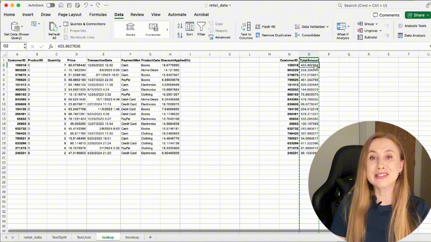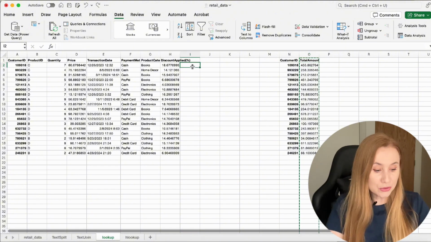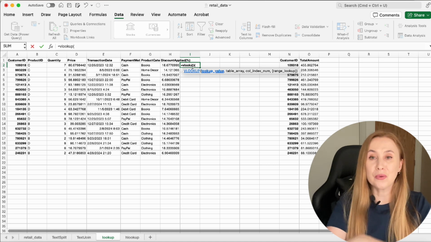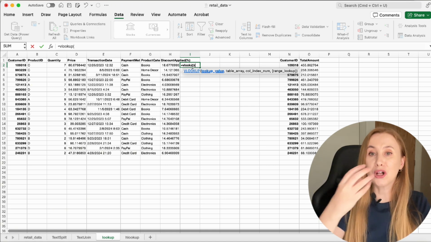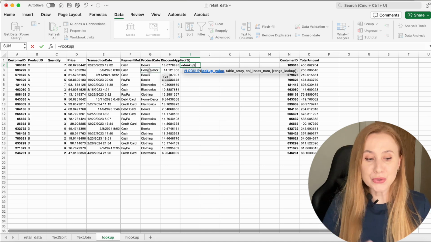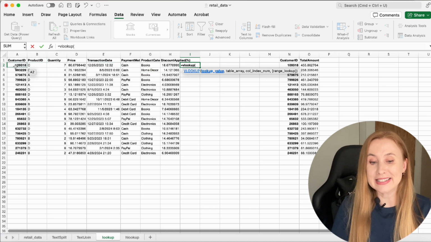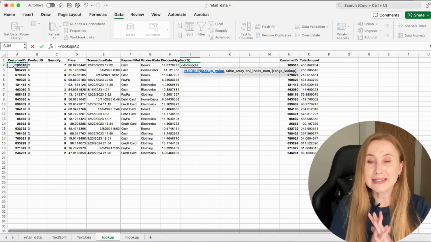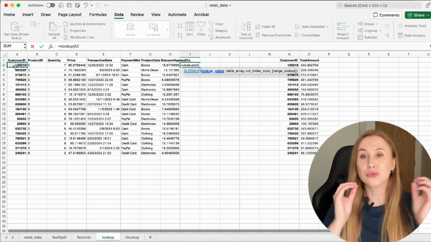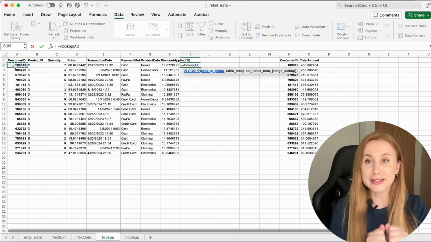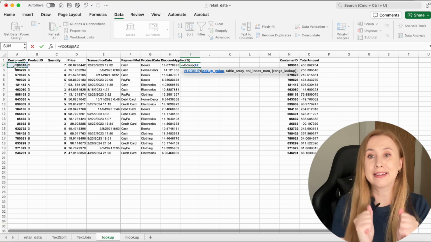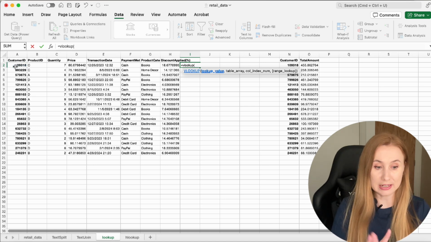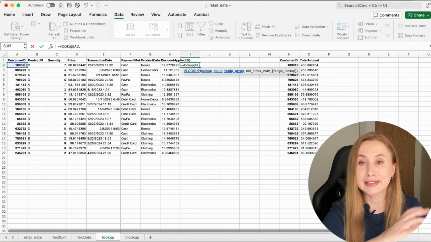So VLOOKUP stands for vertical lookup. And how to use it? We say VLOOKUP. First, we're selecting lookup value. So in the data set you are looking up to, you select this lookup value. In our case, it is A2, so it is customer ID. Lookup value is something that exists in both datasets. So when you're looking up value in both datasets, there should be a column that is exactly the same. In our case, customer ID exists in both datasets, comma,